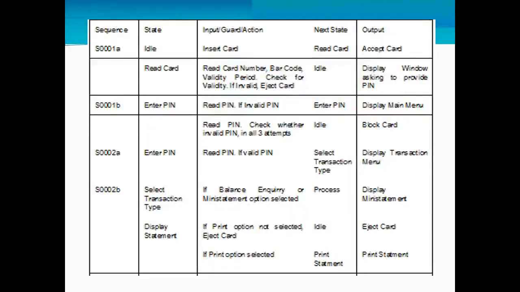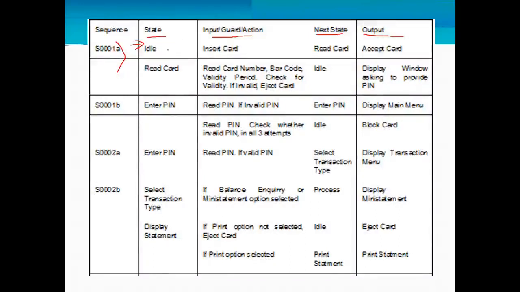Generate sequence of test actions. So how can you design the test cases for this? See here. At the beginning, give the test case numbers here. These are the test case numbers. At the beginning, the state of the system is idle. Now what input are you going to supply? These are the headings here: input, this is the heading next state, and this is your output. These are the states. So the first state is idle.